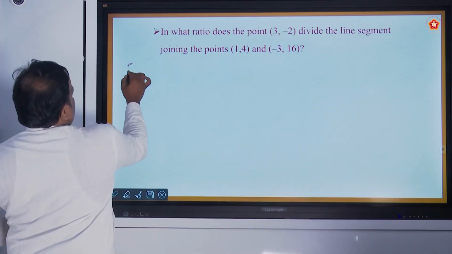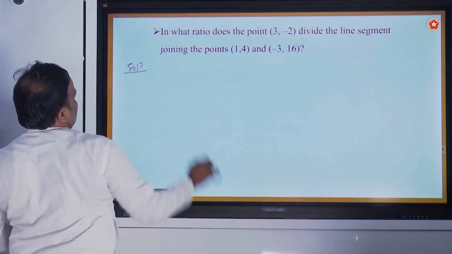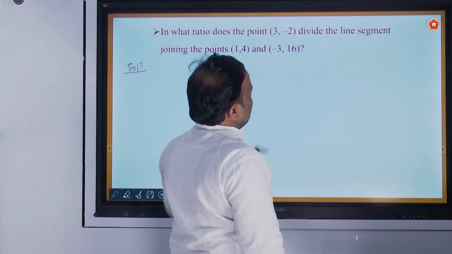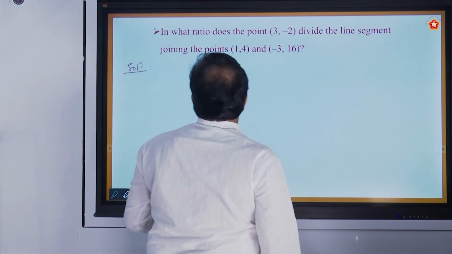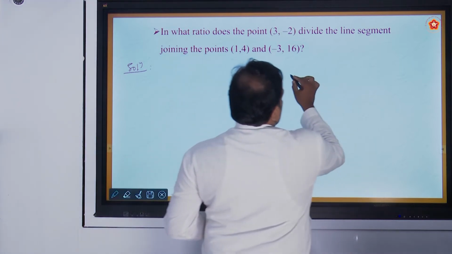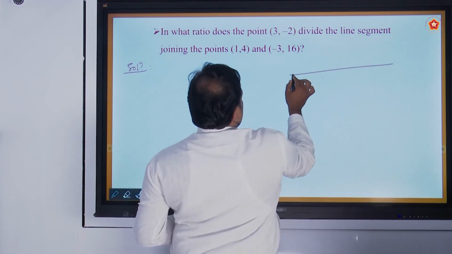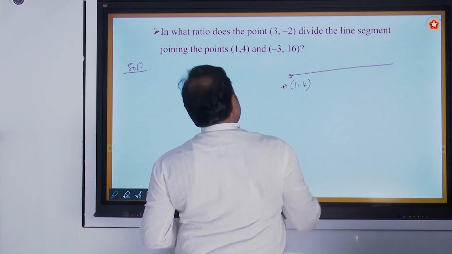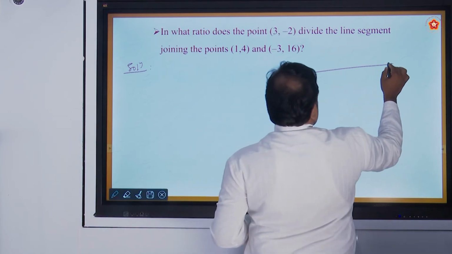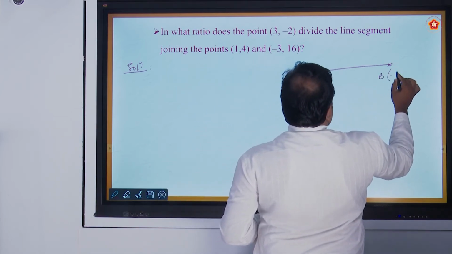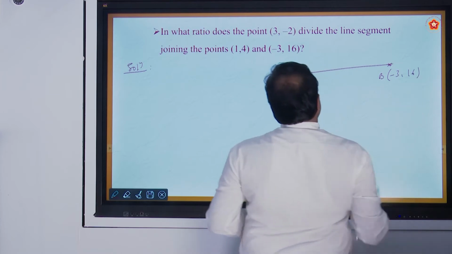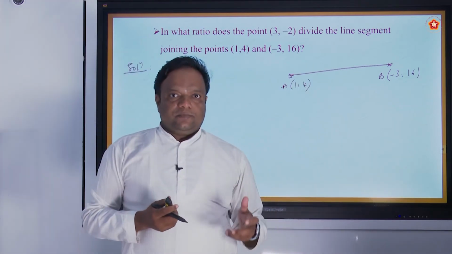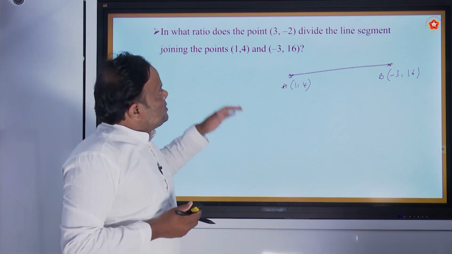Okay, this is the reverse question. The question is: in what ratio does the point (3, -2) divide the line segment joining the points? We are asking for the ratio. The line joining points are given here. I give the name A to 1, 4, correct? And give the name B to -3, 16. So what is the question here? In what ratio? It means you have to find the ratio. What ratio does the point